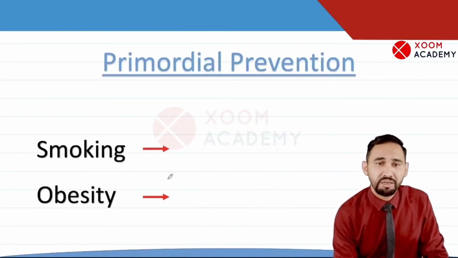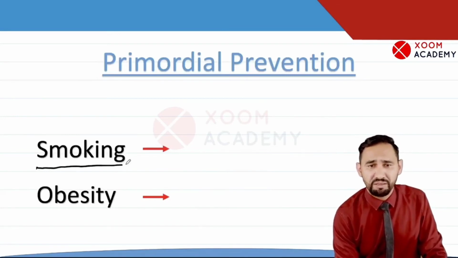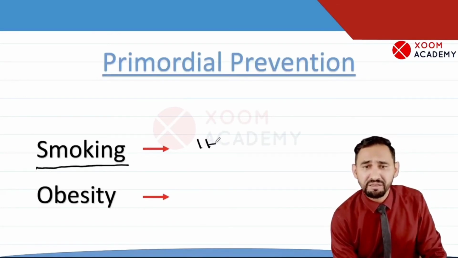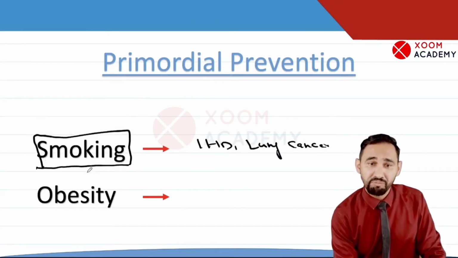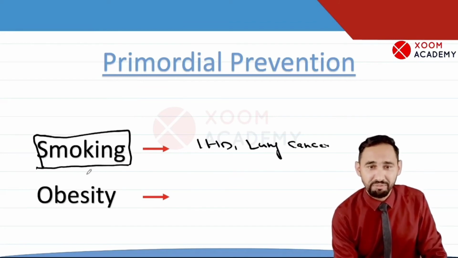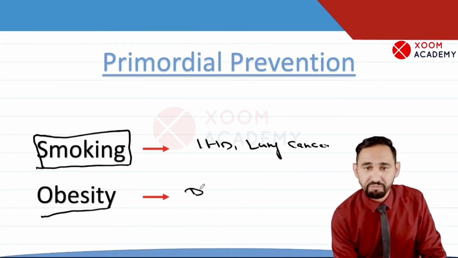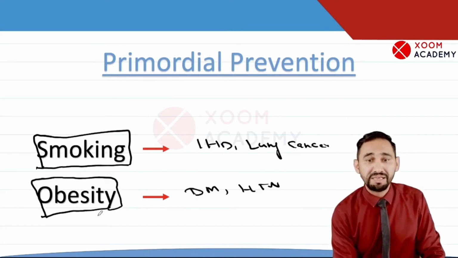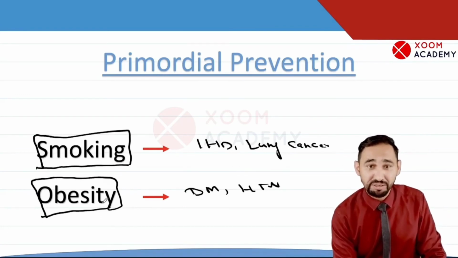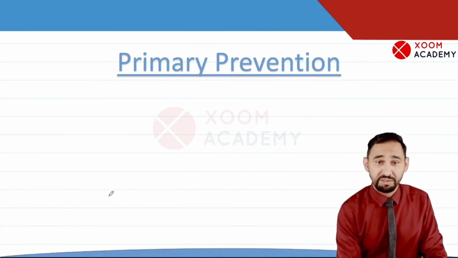Primordial prevention. We have to stop the development of smoking, because smoking causes ischemic heart disease. It causes lung cancer. So we can stop smoking. We can stop this risk factor from development by healthy lifestyles, by counseling, by guidance, by health education. Obesity. Obesity may lead to diabetes. It may lead to hypertension. So we have to stop people from becoming obese by healthy lifestyles. This is primordial prevention. Then in primary prevention, there is agent,